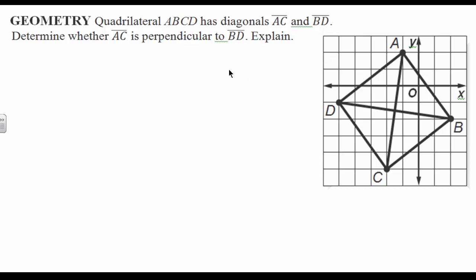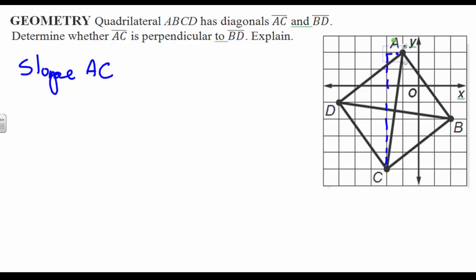Alright, lastly, here's a geometry type problem. In this quadrilateral, or four-sided figure, we have diagonals AC and BD, and we want to determine if those are perpendicular and explain why. So if I'm going to determine if they're perpendicular, I need to show that their slopes are opposite reciprocals. So I'm going to take the slope of AC and calculate that. Well, if I rise